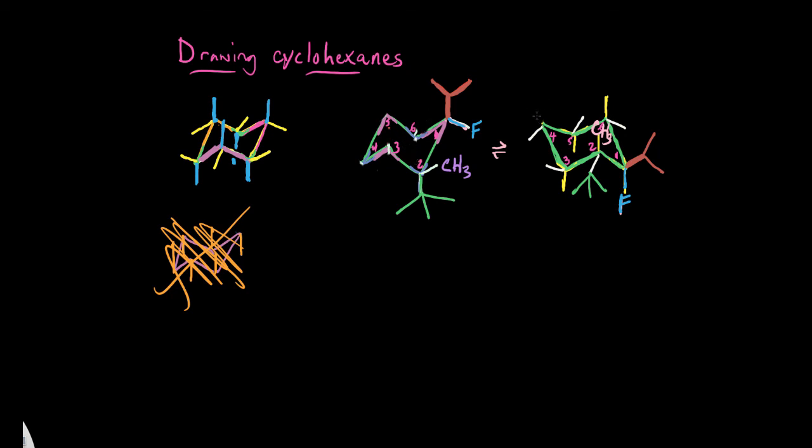So we can either erase them or put hydrogens, but you can't leave them as lines because then it looks like they're methyls. Okay? So now we have flipped our chair, and this methyl is in front here. Sometimes that's hard to see, but